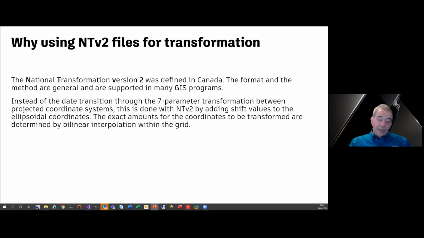Instead of the datum transition through the 7 parameter transformation between projected coordinate systems, this is done with NTV2 by adding shift values to the ellipsoidal coordinates. The exact amounts for the coordinates to be transformed are determined by linear interpolation within the grid.